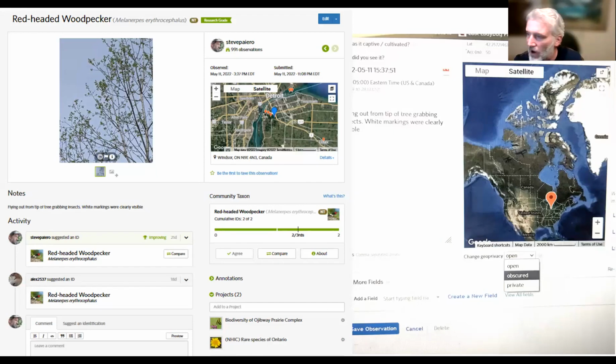As you can see at the bottom, it's now tagged with two different projects: Rare Species in Ontario by the NHIC, but also the locals in the area keep a project on the biodiversity of the Ojibwe Prairie Complex. If you look on the right side too, if for some reason you're worried about this data being shared